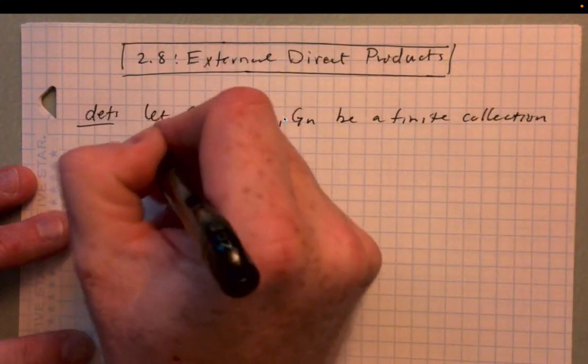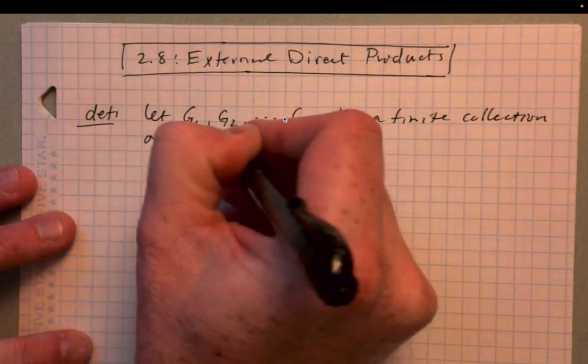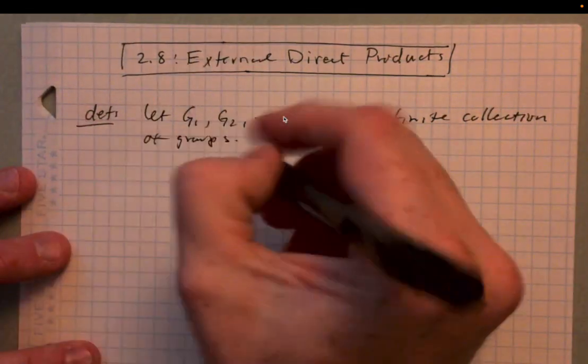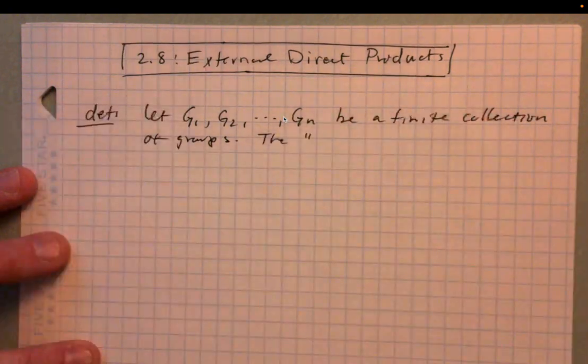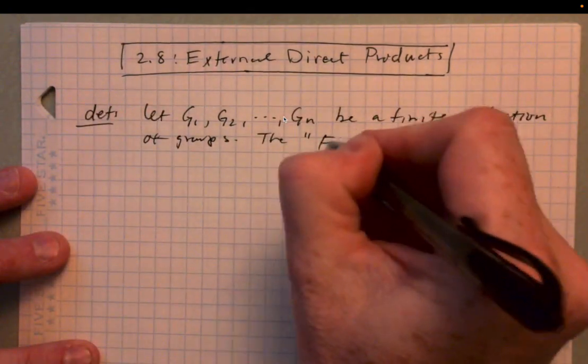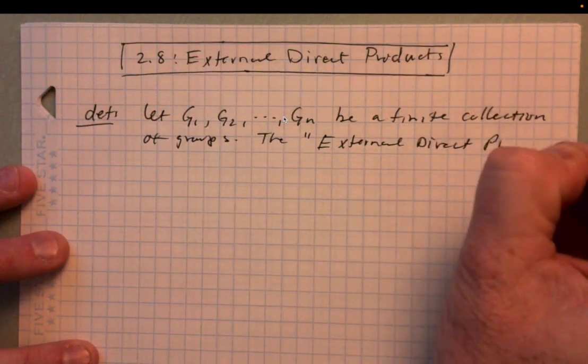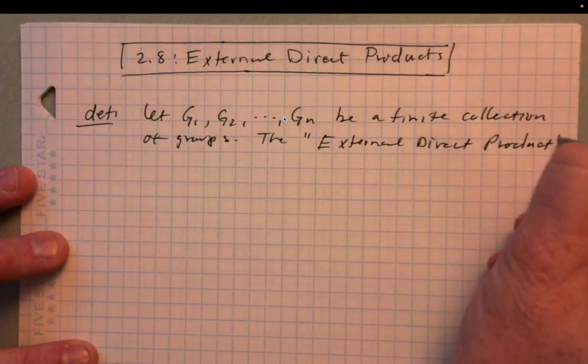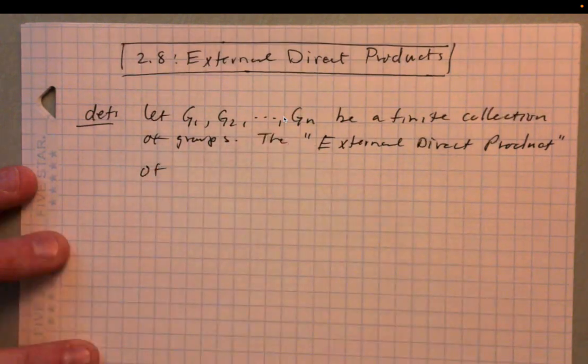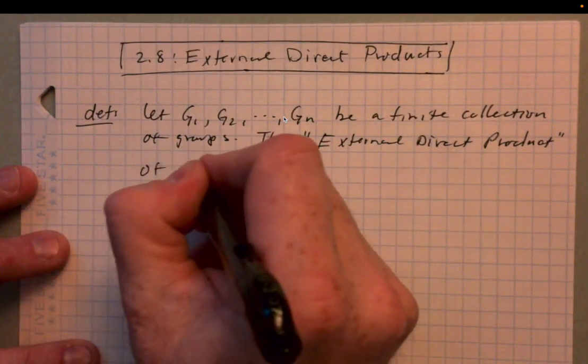Then the external direct product of G1 through Gn